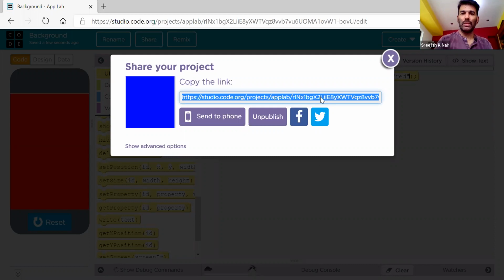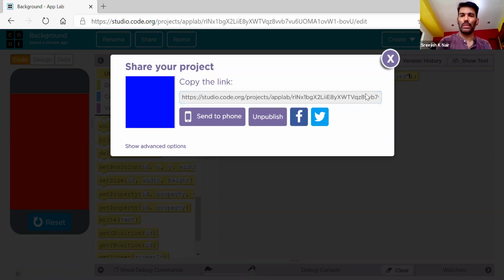You can copy this URL and send it by WhatsApp to your relatives or friends or anyone. When they open it, they will see their background color changing to red. A very simple program. I just wanted to give you an introduction.